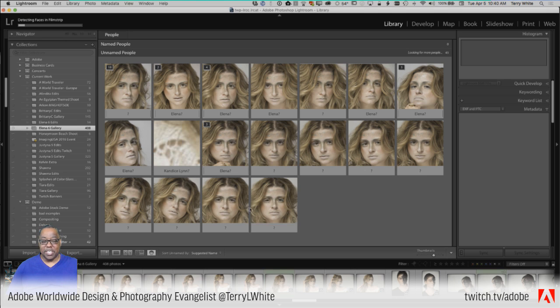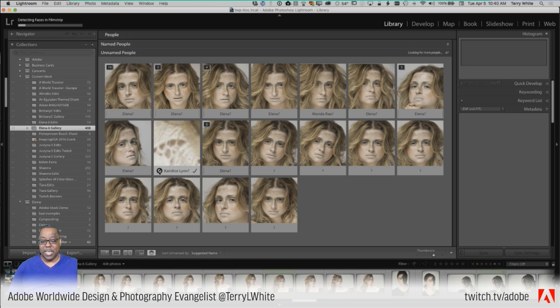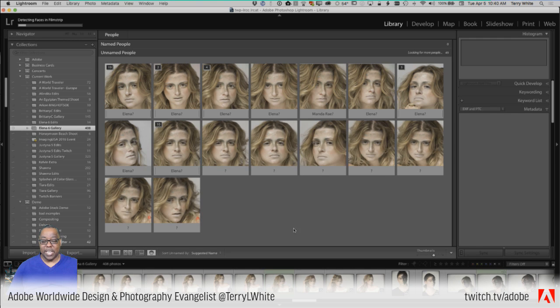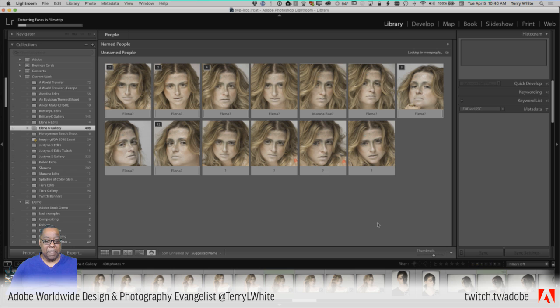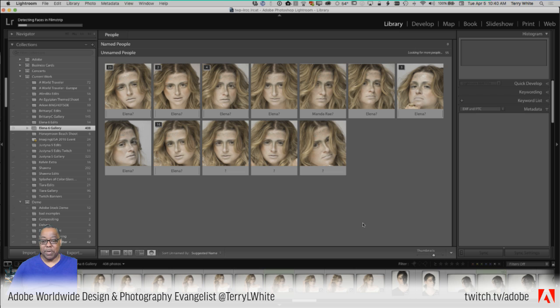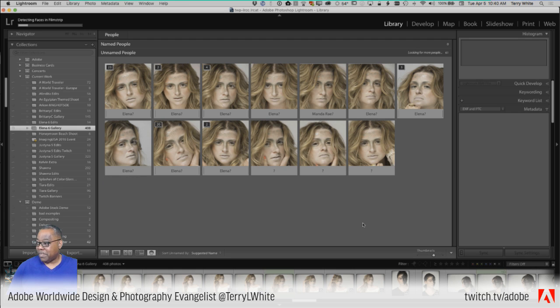But it's starting to look, and sometimes it will guess wrong because it thinks that's a different person. So I'm going to say, you know what? No, that's not a face at all. Just go ahead and take it out of the equation. And if it guesses right, you can just check the box saying, yep, you got it right. If it guesses wrong, you can correct the name or just tell it, no, this is not a person you want to identify.